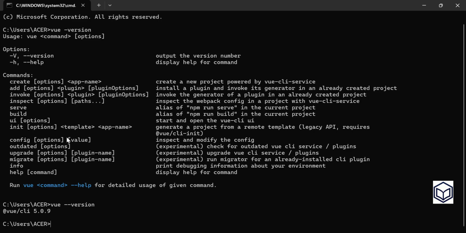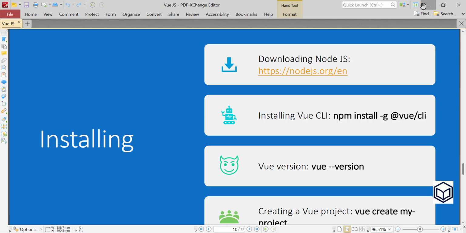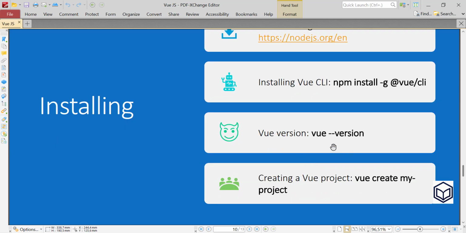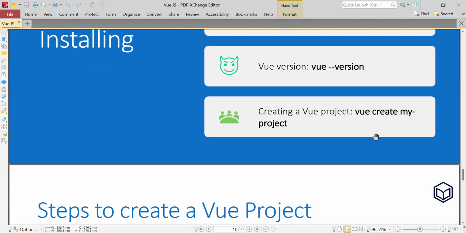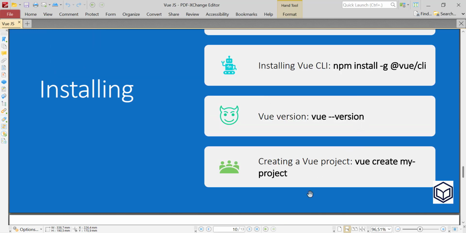I use Vue.js CLI version 5.0.9. If you haven't installed Vue CLI, you must run this syntax. You can use this syntax to check your Vue.js version. And to create our project, you can use this syntax after you install your Vue CLI.